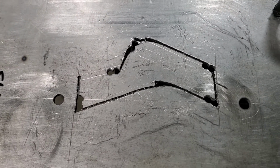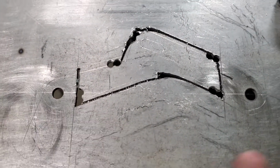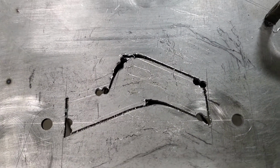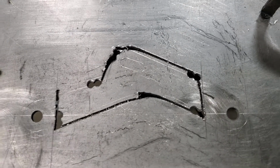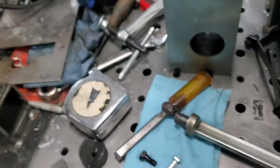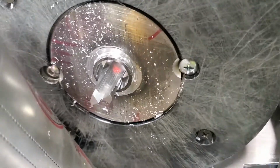Anyway, so this is a part traced, and the part hole center is there, and then I actually clamped it down with two cap screws. Traced it, and then used, so I know the kerf of my, pardon my messy benches, the kerf of our tracer on the router